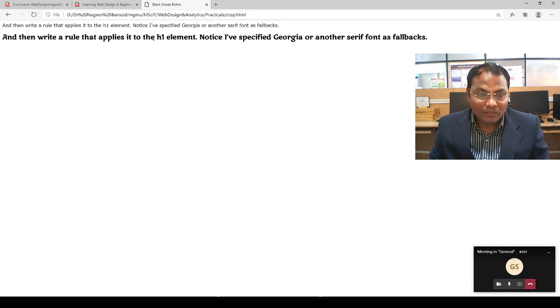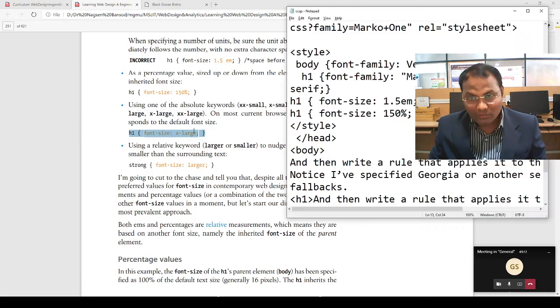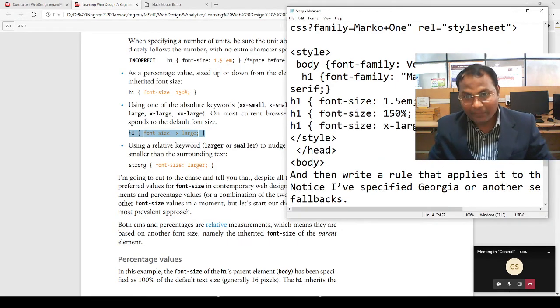The font size is similar as a percentage, and this and this are the same size. Using one of the absolute keywords like xx small, x small, small, all these we can also add. Now we will see how this appears in the browser.